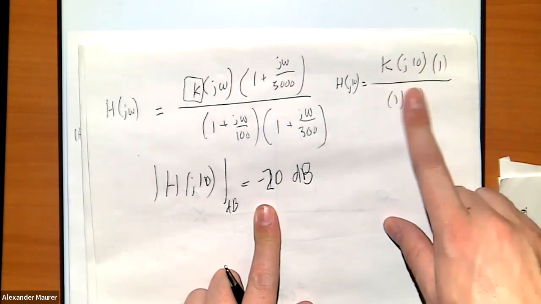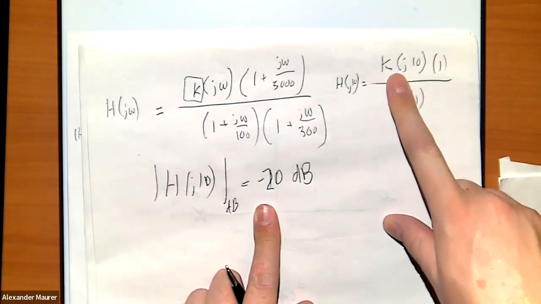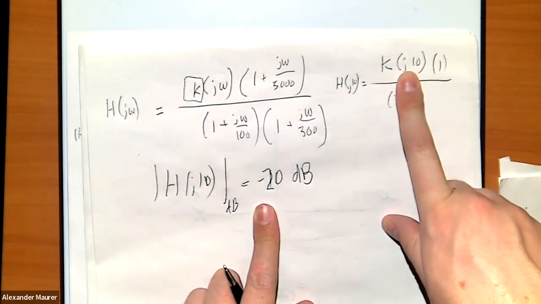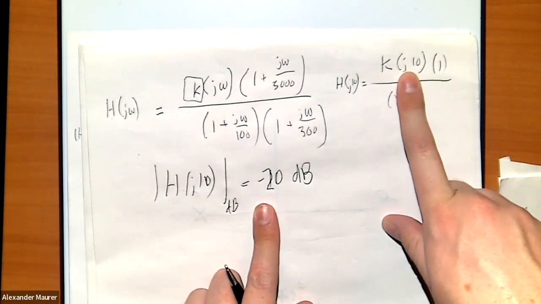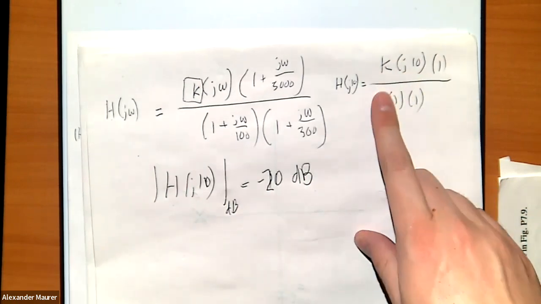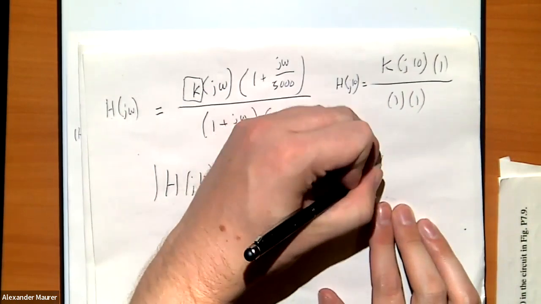So I need to take the magnitude of this, which just removes the j. And so I know that the magnitude of H of j10